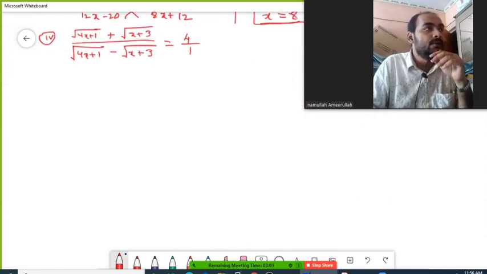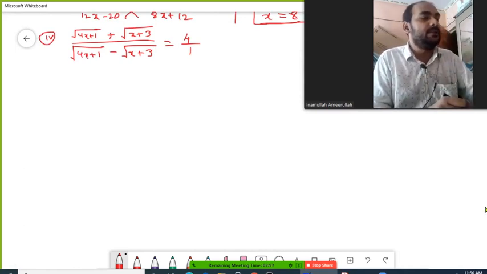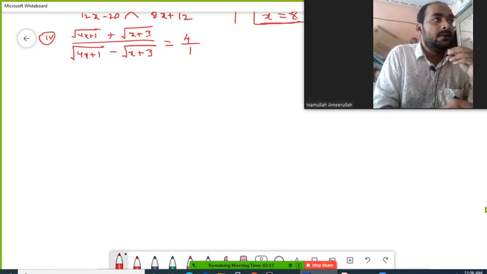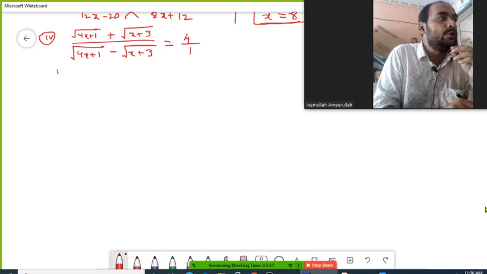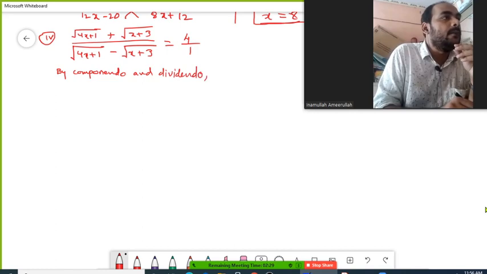This is question number 4: root of 4x plus 1 upon root of x plus 3. This is an equation. We need to solve this equation and find the value of x. So first I am going to do componendo and dividendo. So by componendo and dividendo, so when we make componendo and dividendo,